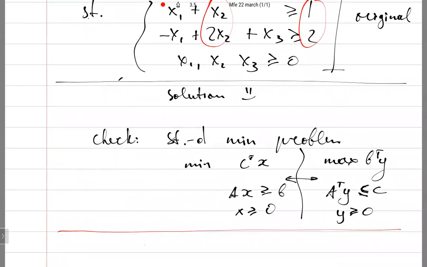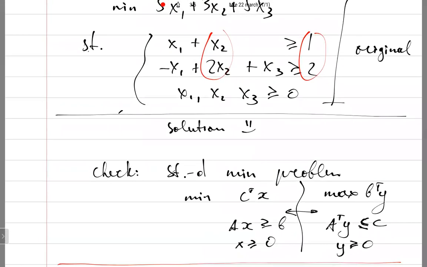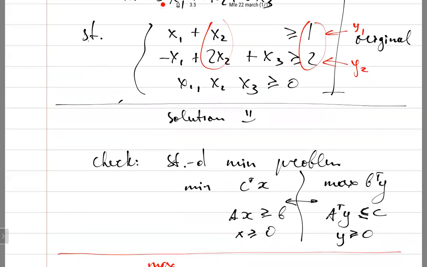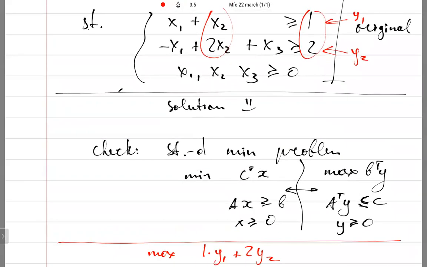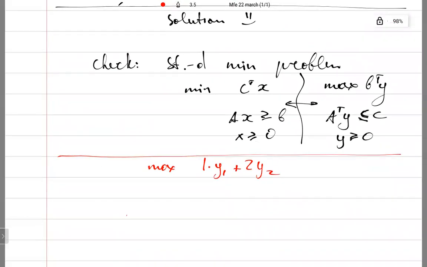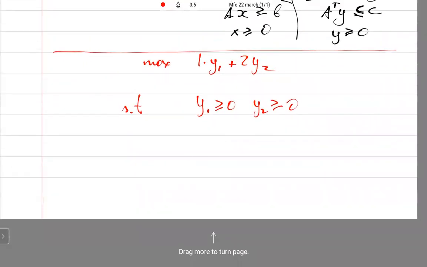So I maximize. y1 will correspond to the first inequality, y2 to the second inequality, and I will maximize 1y1 plus 2y2. Then I will write this matrix transposed, subject to y1 non-negative, y2 non-negative, and